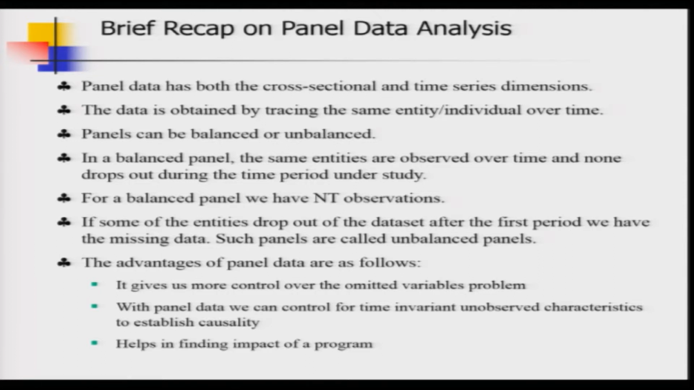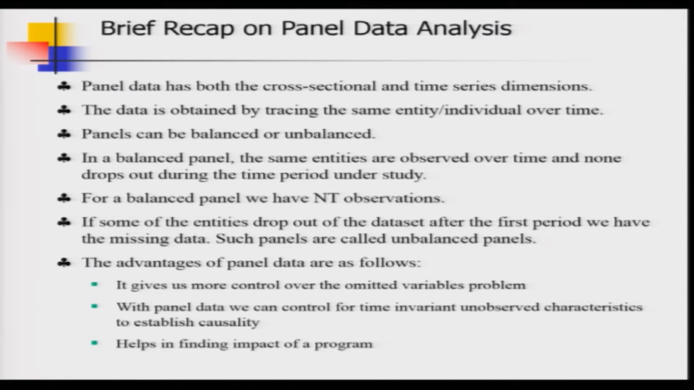Now, we are going to revisit some of the advantages of panel data, because one of the advantages will lead us to this area of program evaluation. Of course, it gives us control over the omitted variable problem, and we have already discussed that in the last lecture, and you see this is going to haunt us. This particular omitted variables problem is going to haunt us even in this lecture. In panel data we can control for time invariant unobserved characteristics to establish causality, and this second bullet point actually leads to the point that